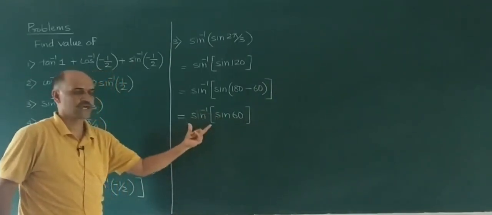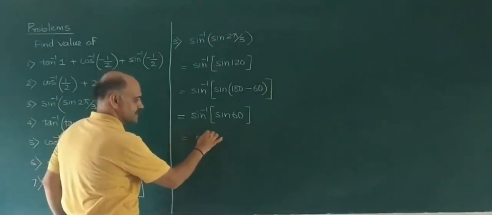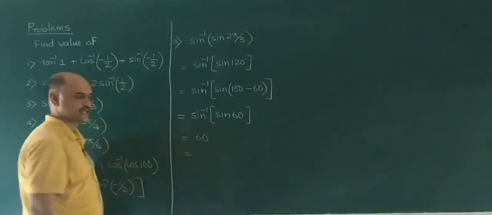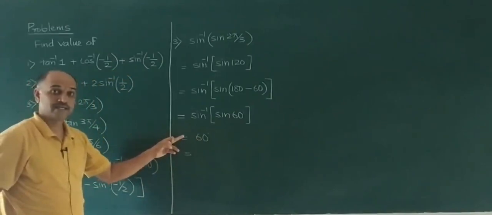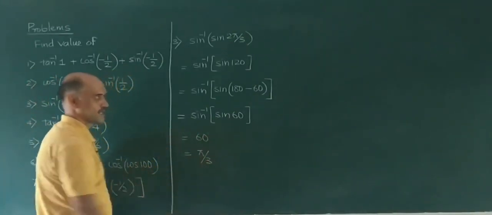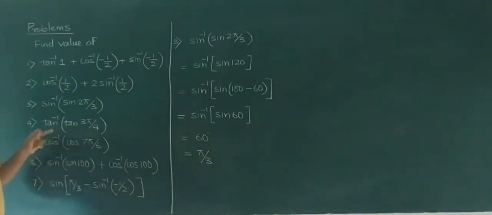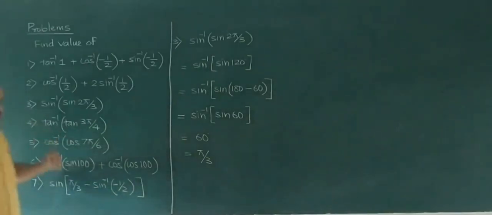Again, in another step you write the angle. So here I will cancel these two. So I will have 60 degree. But I have told that compulsorily the answer should be written in radian. So 60 degree is nothing but pi by 3. So our answer is pi by 3. Same way, you can try the fourth one.